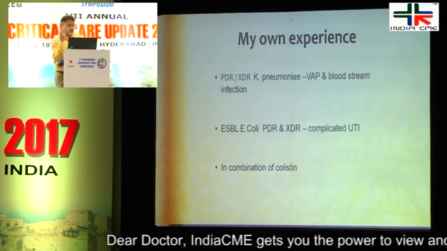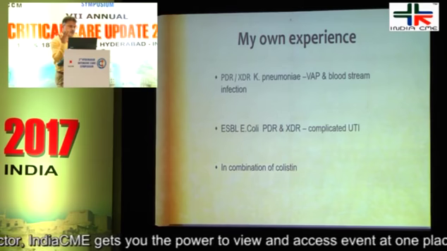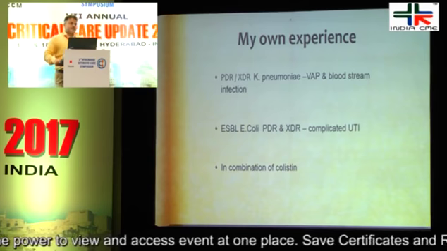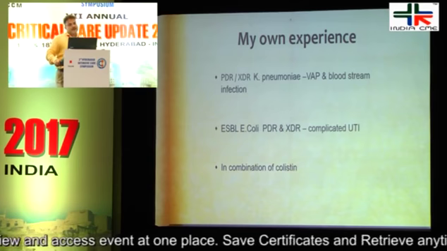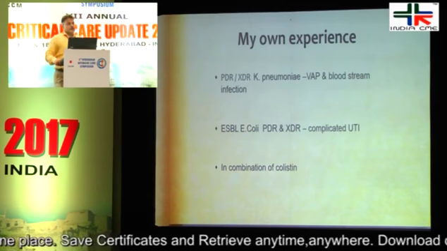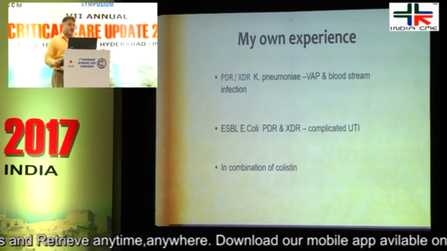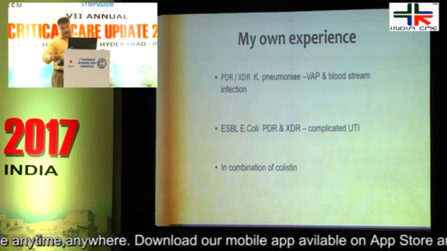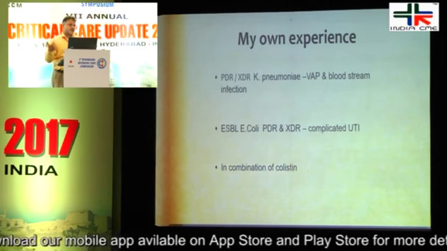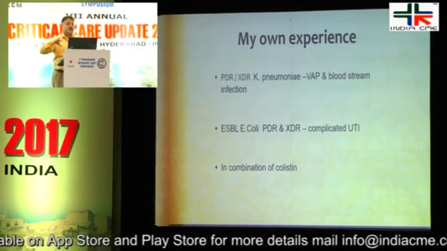What I do, because this drug is not very old, we have started using it in our ICU since almost 8 months or so. I keep this drug as a reserve where there is a confirmed report of pan drug or extensively drug resistant Klebsiella pneumoniae. So far we use this in combination with colistin, not alone, because initially with Klebsiella pneumoniae, whatever drug we used, even carbapenem or colistin or whatever combination, the success rate was not that good. But at least now we are able to manage the patient with a combination of